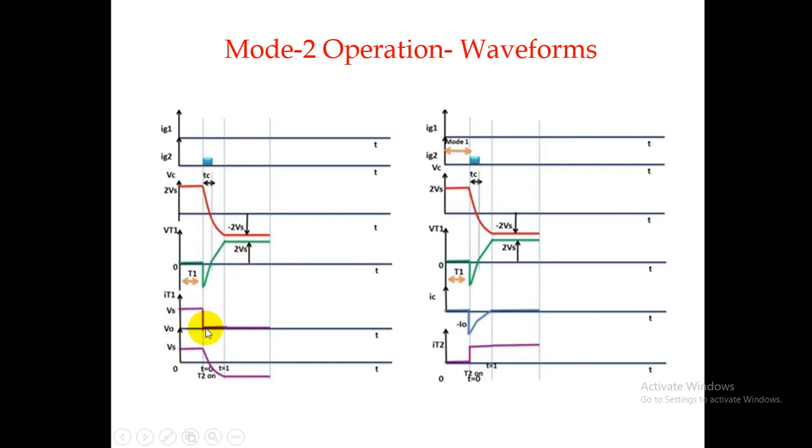And still it is maintaining its 0 value because it is in the off condition, and the output is also maintaining its minus Vs value. And there we can see the capacitor current. Once it is discharged up to this point, t equal to 1 point, there is no current flowing afterwards through the capacitor, and now it is a condition of storing the energy, and you can see the build-up of the voltage across the capacitor, positive on one side and negative on the other. And as we said, there is a current continuation in the thyristor T2.